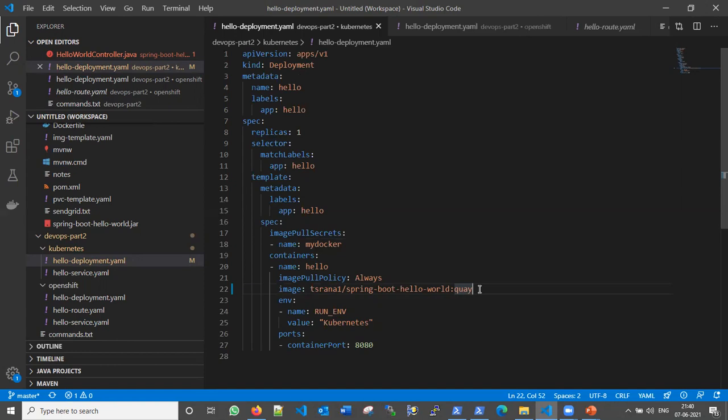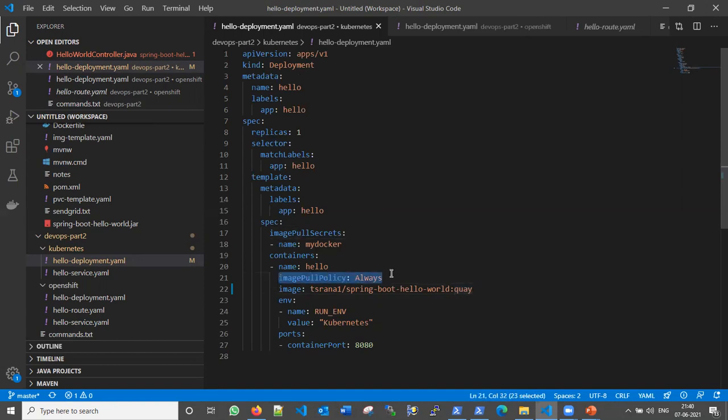If you redeploy your application again, it will not pull the image from the image repository, and it will use the image from the internal source only. That's why we need to provide Always.